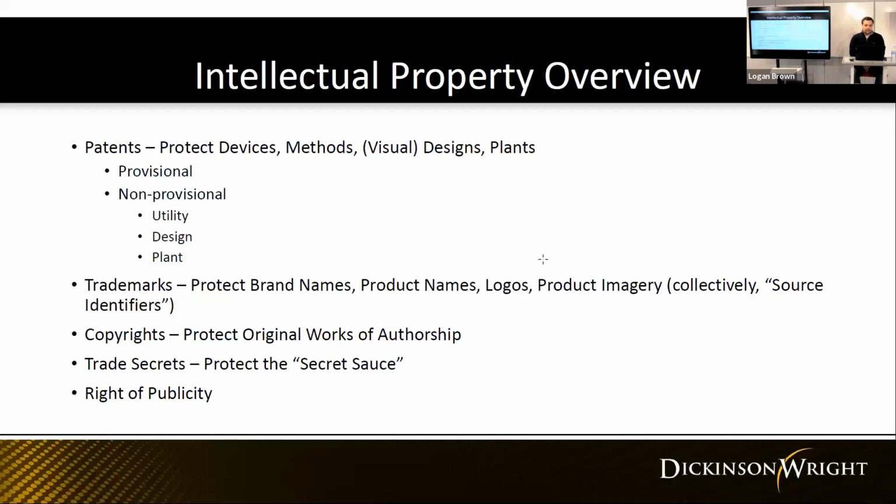So the non-provisional patent is a path that is available to someone that is committed to getting an issued patent for their idea. You can start with a provisional patent and then have up to a year to convert that into a non-provisional, or you can just go straight to the non-provisional path. So the non-provisional patent application will disclose your idea. You'll have figures, a detailed description of the idea, the invention, and claims that break down what it is that you're defining your invention to be. The claims are probably the most critical aspect of the application.